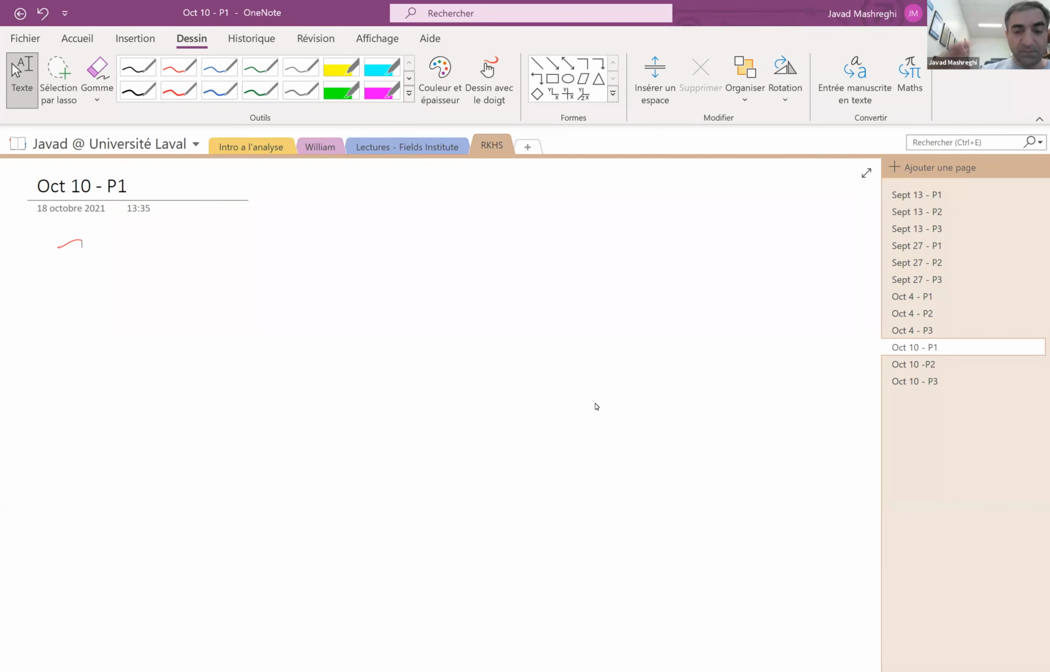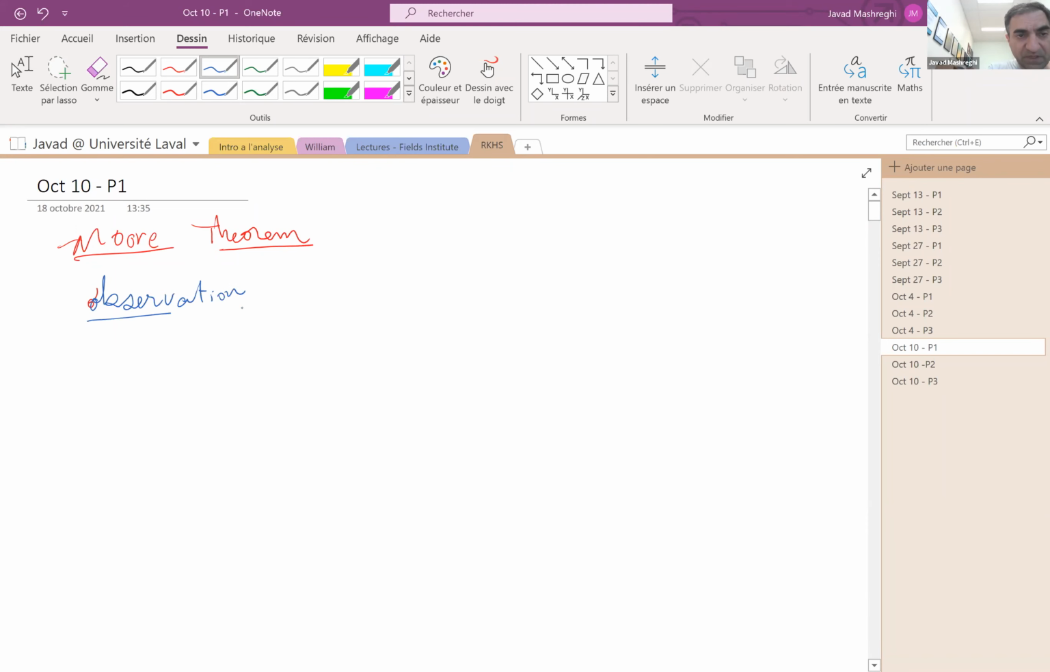So we talk about the Moore theorem. To prepare for that theorem, let's have an observation first. So let me make it blue. The observation is a lemma about reproducing kernel Hilbert spaces. So, lemma,